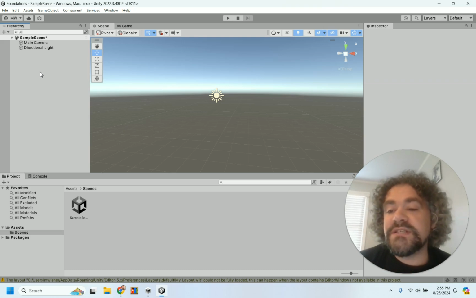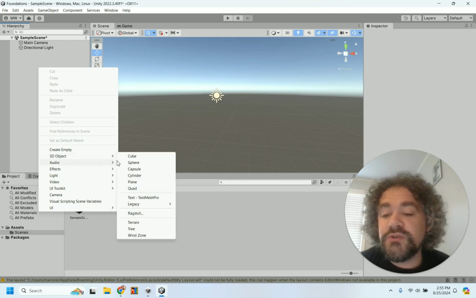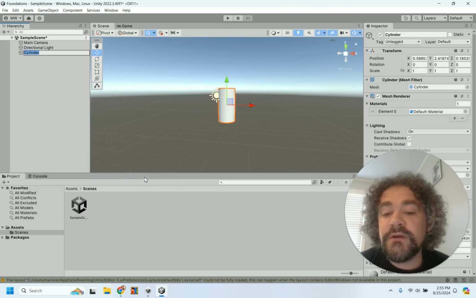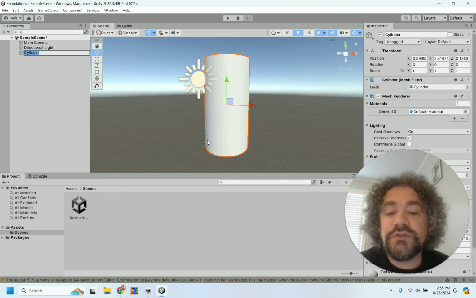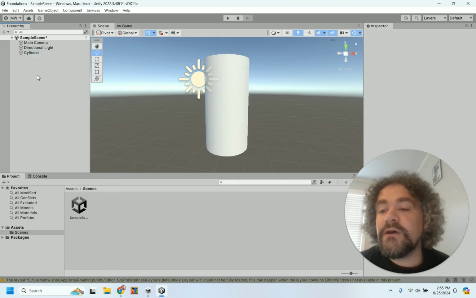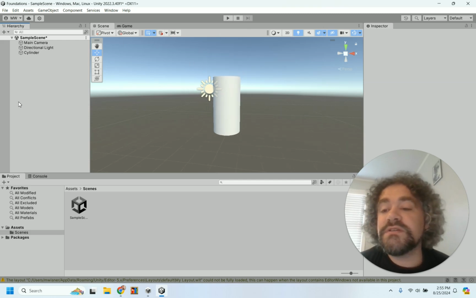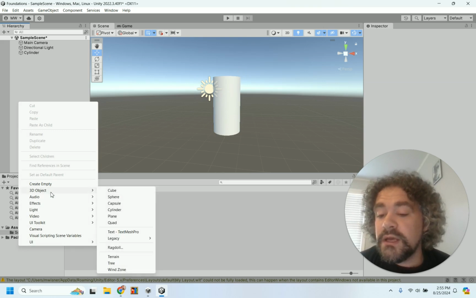If you're building something else, just think of what is the main piece of that object. So I'm going to keep it simple. I'm going to build a tree. So for me, the main piece of the tree would be the tree trunk, which I'm going to make as a cylinder. So here's the cylinder for my tree trunk. Sound good? Looks good. All right. So now for the top of my tree, I want there to be a big bushy part. Let's use a